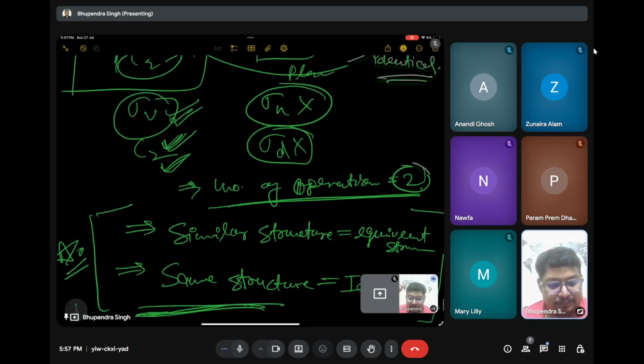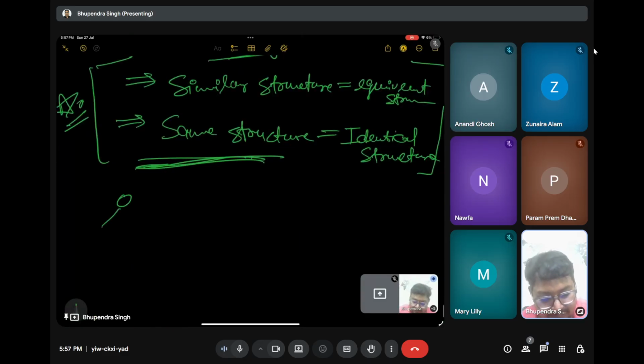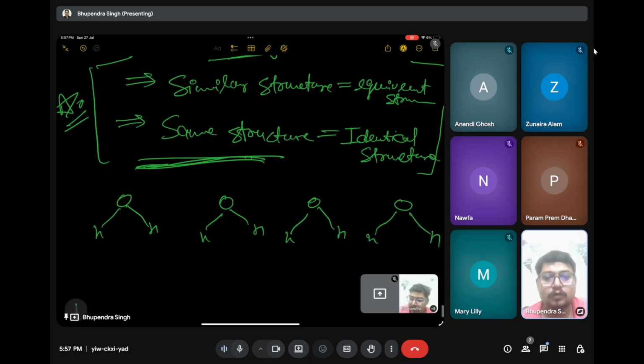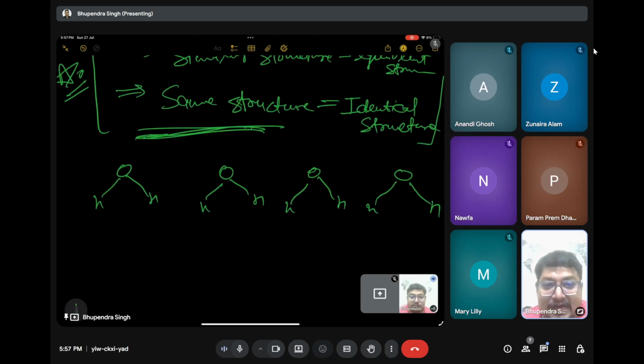See, if this water molecule, if I'm not highlighting H1 and H2, how will you figure out which one is identical, how many operations you have done to reach here, here, here, which one is similar structure, which one is same structure, which one is equivalent structure, which one is identical structure. So you have to remember